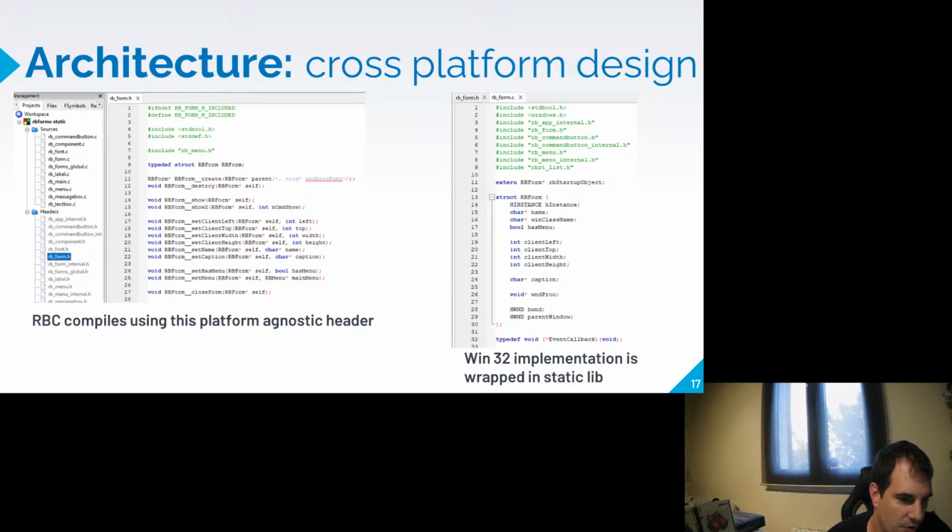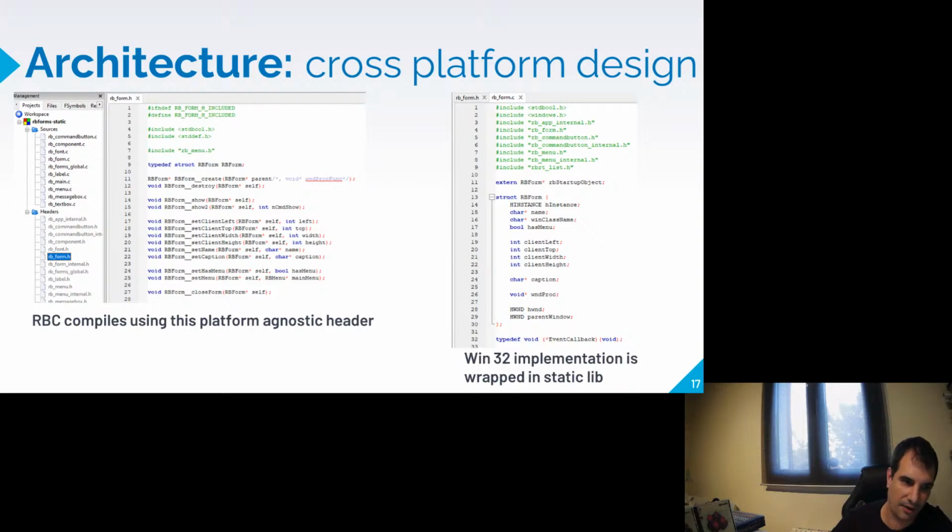The implementation of RB form is hidden, and as you could see on the right, the library has in fact the implementation, because this implementation is tied to Win32, to WinAPI.